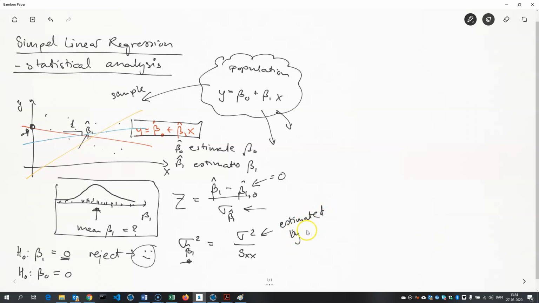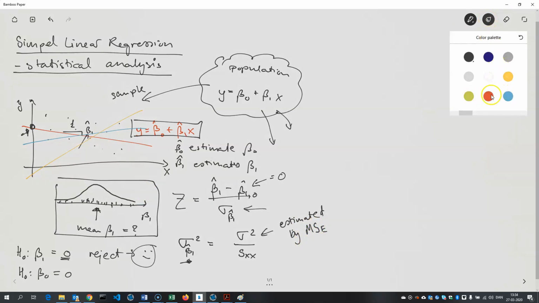Using the variance in the residuals. So we estimate it using the mean sum squared error, it's called in the regression terminology. What is this number here? Well, that's basically,